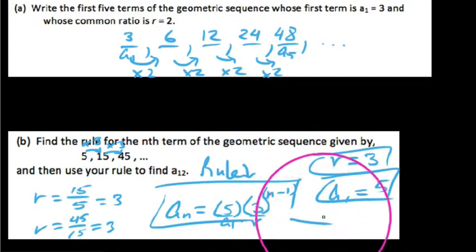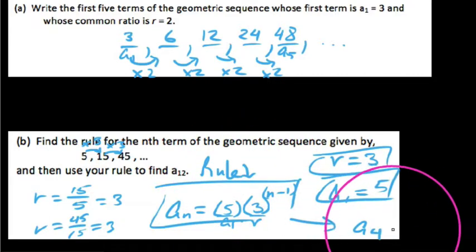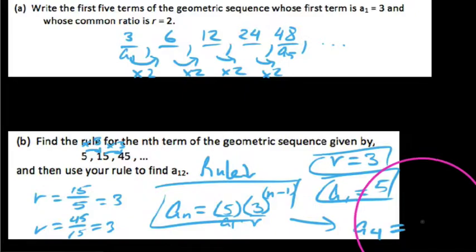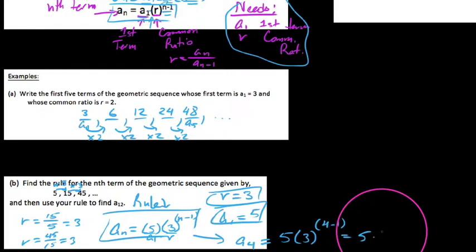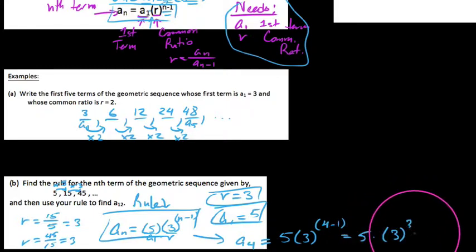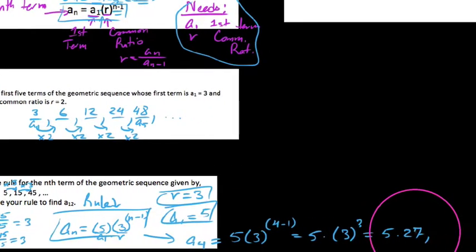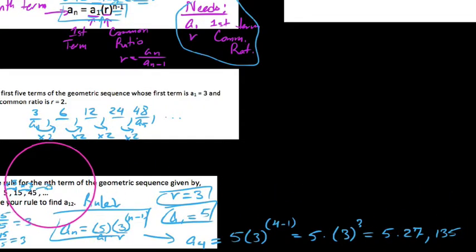Now if I wanted to, for instance, find the fourth term, we say a4. That means I'm going to plug in a 4 everywhere I see an n. And I get 5 times 3 to the 4 minus 1, which is 5 times 3 to the third power. 3 to the third power is 3 times 3 times 3, which is 27. You get 5 times 27, and it is 135. So if I were to triple 45, three 45-degree angles, it's a 135-degree angle, so this works.